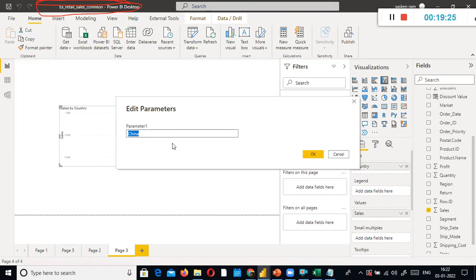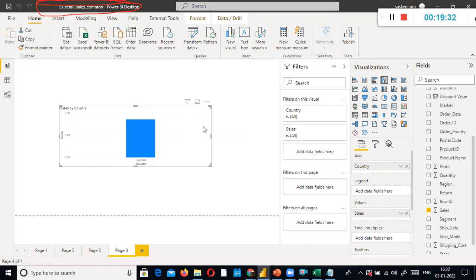So for example, here, if I give United States, what will happen? Because I removed it there, I did not map the parameter there. I mentioned United States. Since I hard coded Australia there, still it will show only Australia data.